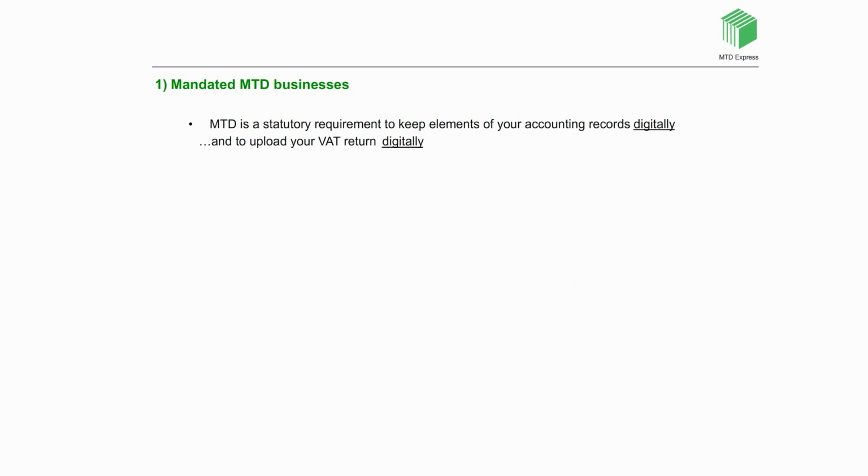My name's Dean Wootten. I'm a chartered accountant and I've been presenting tax-related CPD courses to the accounting profession for over 20 years. And in this particular session, we're just going to look at making tax digital and specifically bridging software. Now, MTD is a statutory requirement to keep elements of your accounting records digitally and to upload your VAT